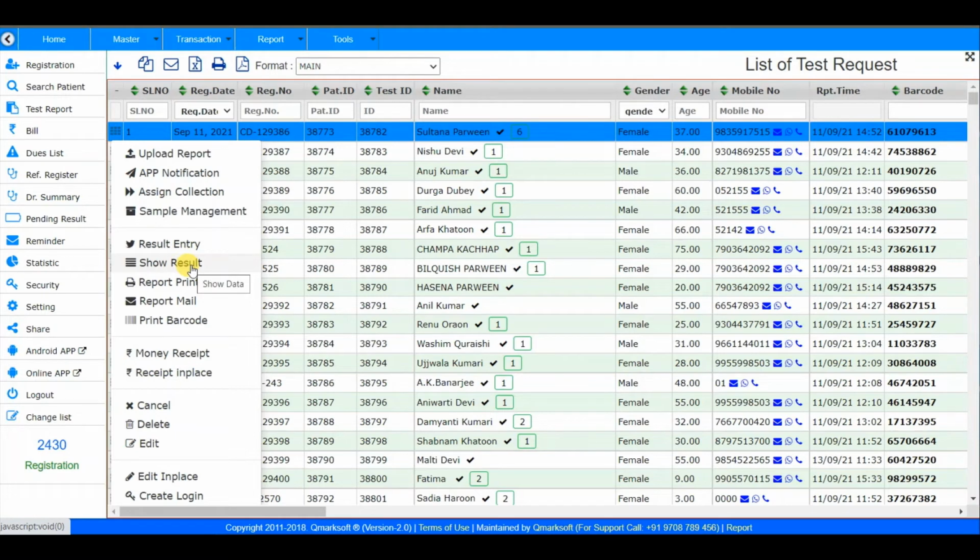You can see the result here. You can also print report. You can mail this report to someone else, or you can print barcode. You can take payment from the patient, and you can cancel this patient, delete this patient, or edit any information